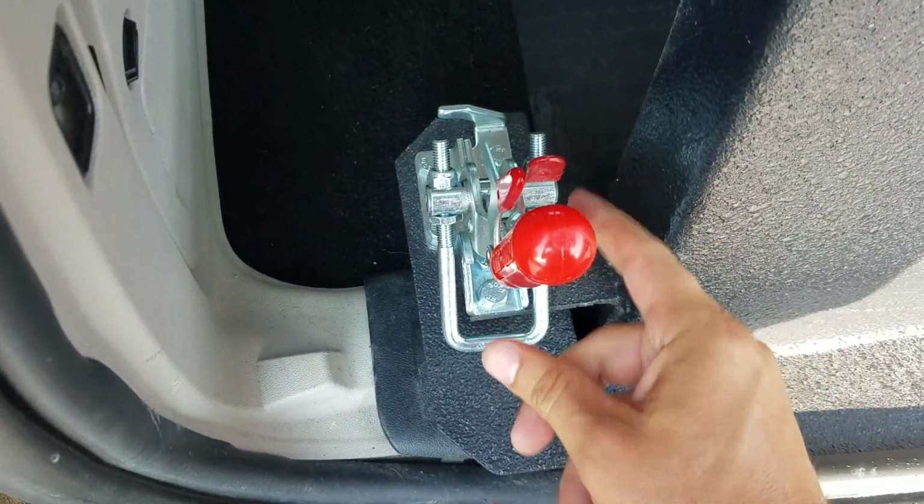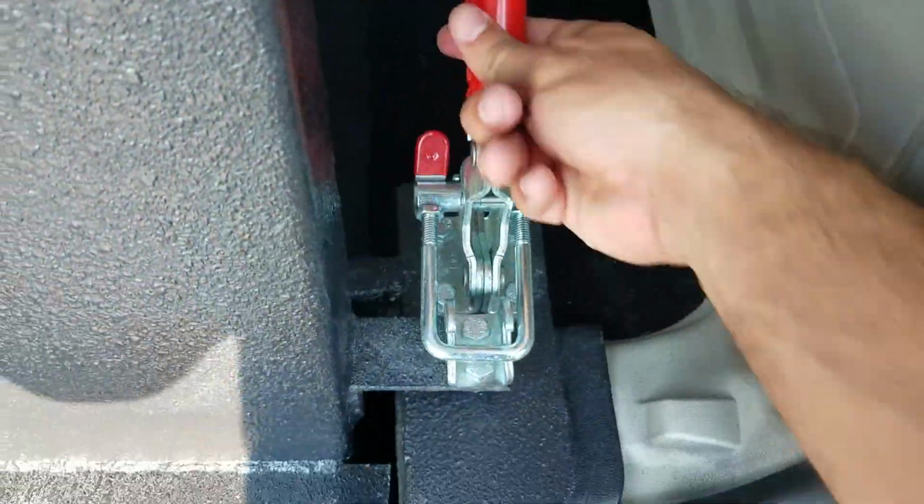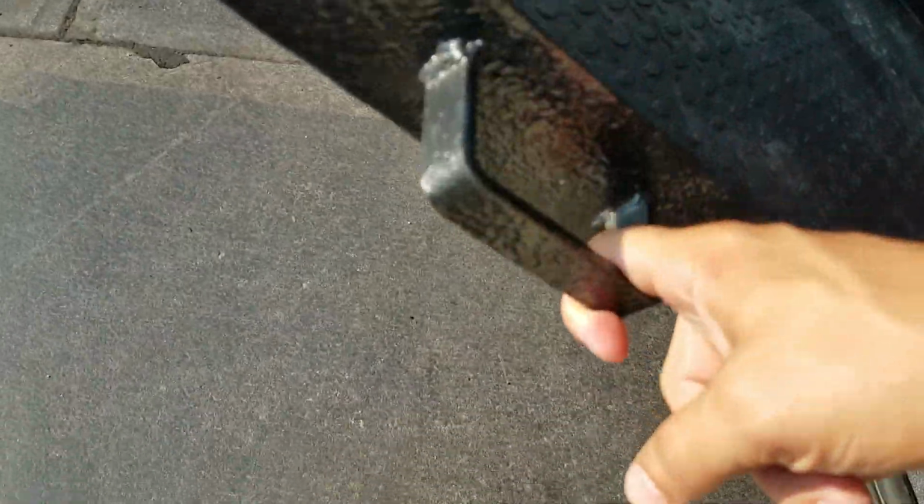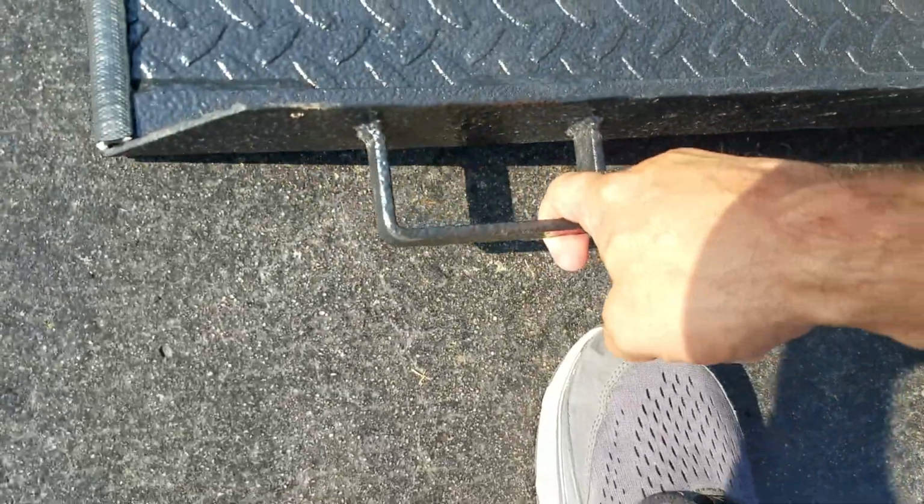It's got these clamps, you get a pinch there, flip her over. These clamps keep the ramp from rattling. It's a great design. It's got a handle on the driver and passenger side. You can take this down using only my index finger. That light, very easy to do. Tell our customers, if you can lift a gallon of milk up off the ground, you can operate one of